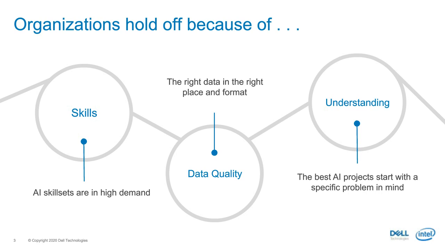And the third is one of the key ones. It's not enough to just have the right data and right resources. A lot of times, even if you have those, projects fail because at the very start, you didn't set the right expectations when you started on a project. So it's very important to talk with the business owners and everybody else playing a role to make sure that the project is well defined and the expectations are set. And then you can go ahead and pick the right AI algorithms. You can make sure the right folks are part of your team in order to make it a success.